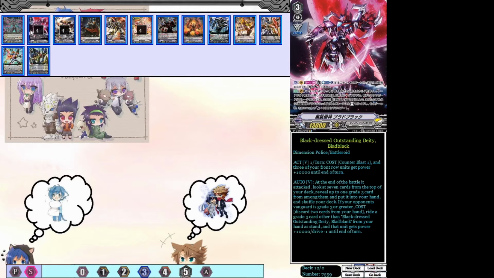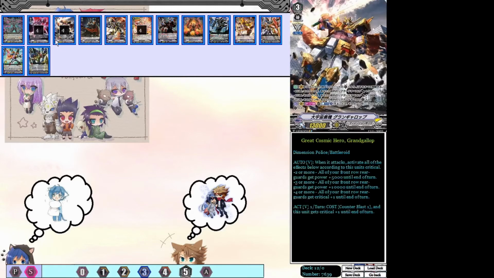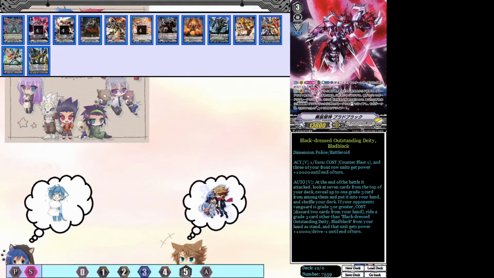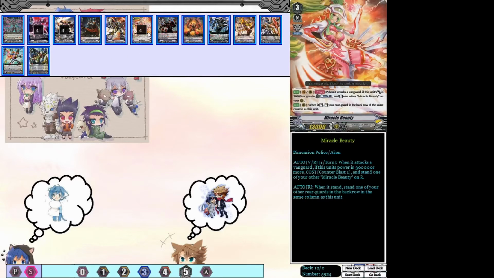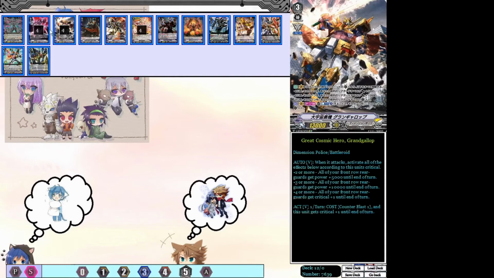The active on Vanguard says, once per turn, cost Cardfight 1, 3 of your front row units, that includes himself on Vanguard, plus 10k. So if the order goes correctly, this is how it should go. You ride this unit, then after you do that, you give whatever power to your Miracle Beauties on the rear guard. Once you have it, if you have Grand Galop in your hand, bam, you just discard 2, ride it, get another Force 2, put it on one of your Miracle Beauty rear guards,